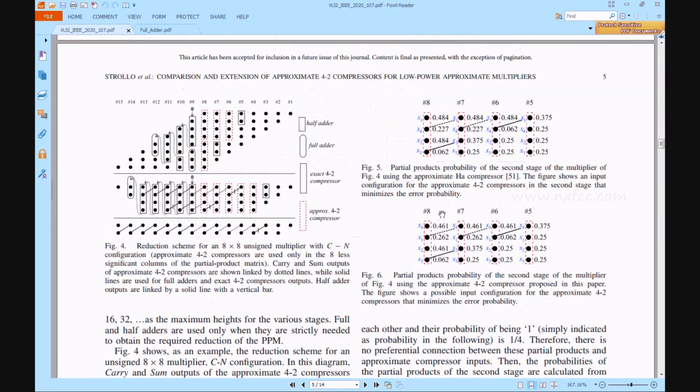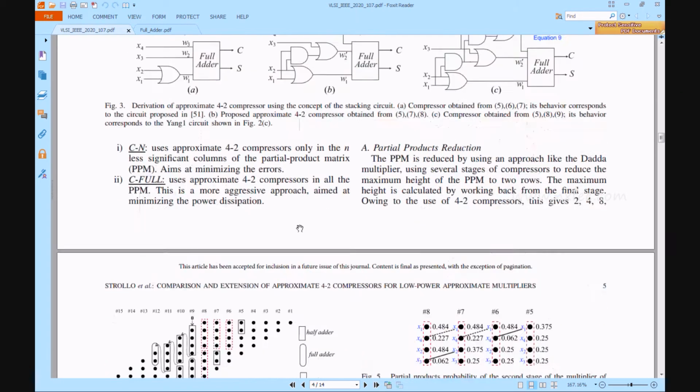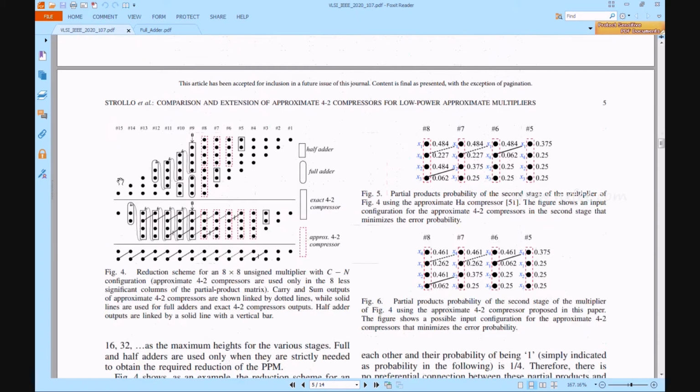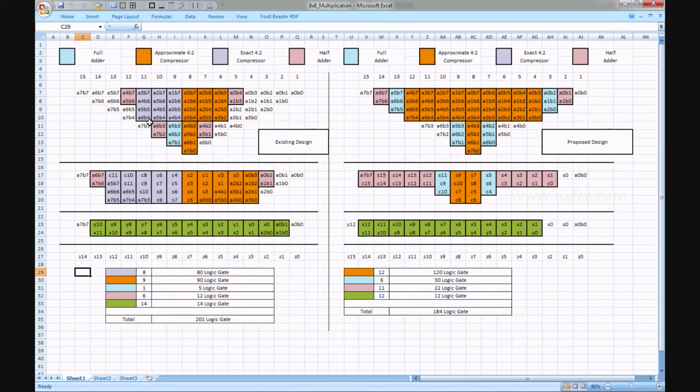And this is a multiplication. Using this approximate adder they designed a multiplier. In this multiplier they used the exact 4:2 compressor and also the approximate 4:2 compressor. These two methods of addition based multiplication will take more logic area. That's why we are designing a new method here. So as per this configuration we are designing this work in Verilog HDL.